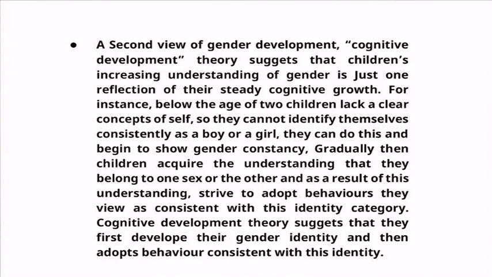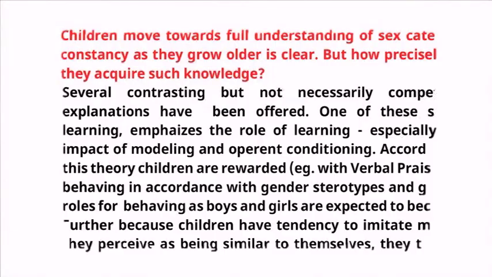Now, second, sometimes we behave according to the model. Model means whom I consider my ideal. A female considers as model her mother or any female person, and a boy considers as model his father. If the girl considers the mother as her model, then she starts behaving like the mother. So, either it is modeling or we are getting praise for the social roles which are given by the society. So, that discrimination between the two emerges. This was the view from the social learning point of view given by Bandura and Barron.